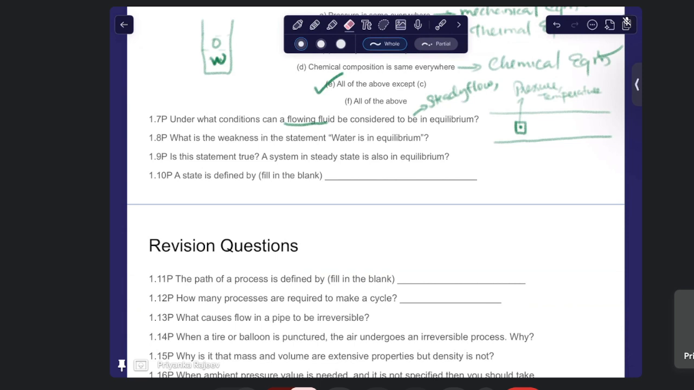Next is, what is the weakness in the statement "water is in equilibrium"? The weakness is that it is vague. You should know what the system is like. For example, if it is an open container, there will be vapor pressure, right? So vapor pressure will be acting above the